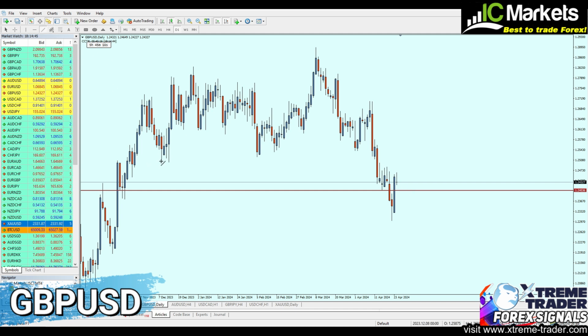And if we apply the same rules of the support trend line, check this out, it actually matches with our previous analysis based on the EURUSD. So again, the current fake breakout that happened right here is telling us that the GBPUSD is going to continue to rise. And I highly recommend to continue buying it till it reaches the highest level of the nearest resistance